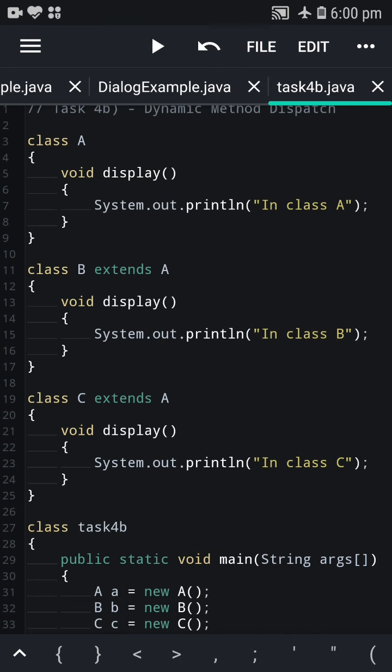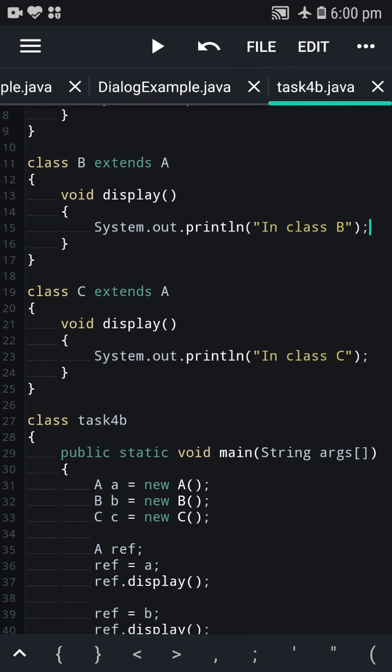When you try to execute the display function by creating the objects of the three classes, let's understand what the ambiguity is. When you execute the display function, the subclass functionality will always be executed because of method overriding. But whenever you want to implement runtime polymorphism, we can access the method by using a reference variable.